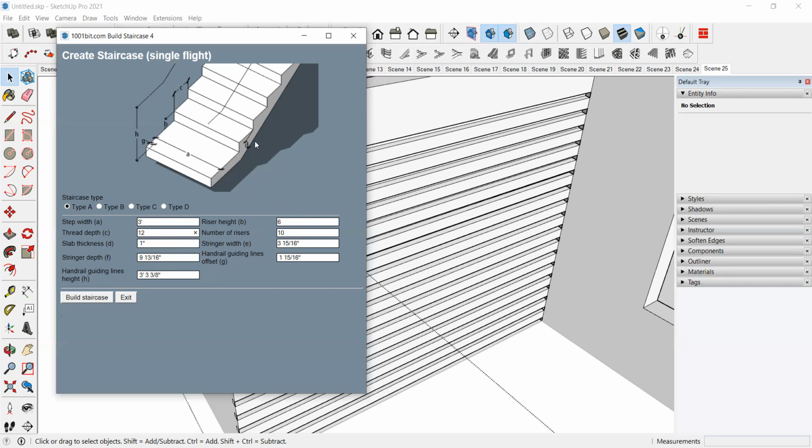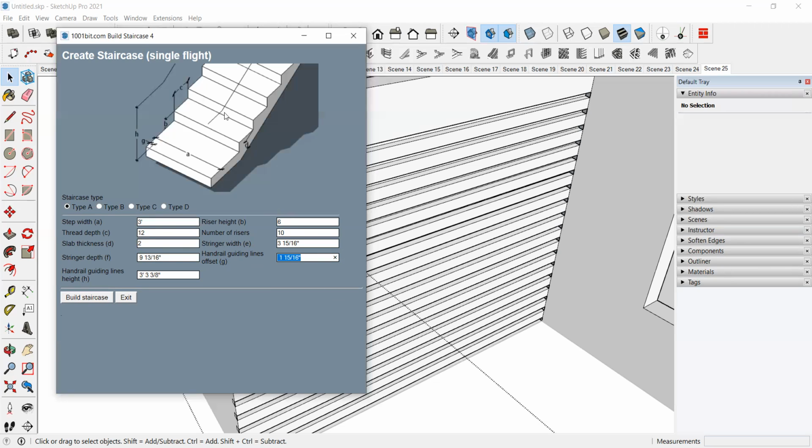Slab thickness. Slab thickness is this one. How much slab thickness you want? That also you can mention. So that is 2 inches. Next, straighter depth. This one handrail is there, right? This line.